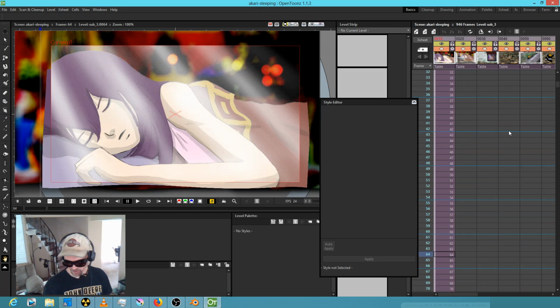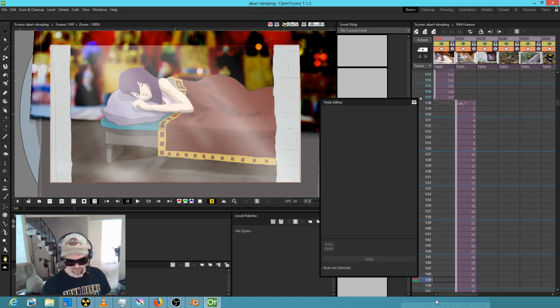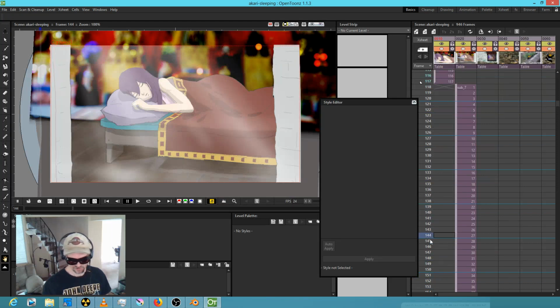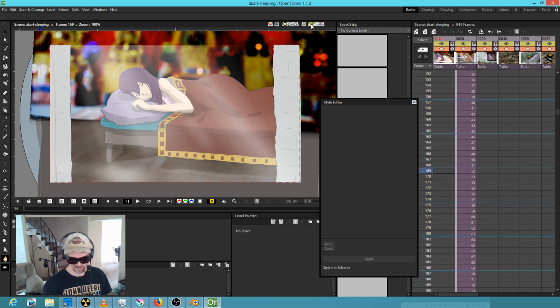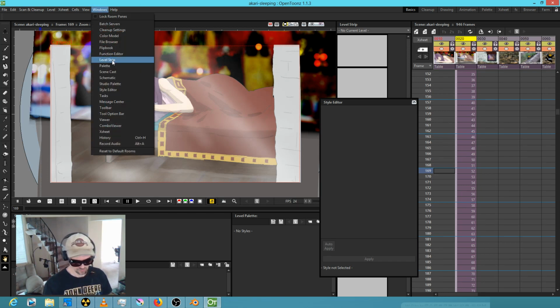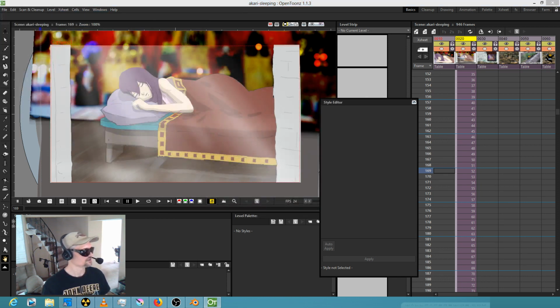Alright, so yeah, it's looping on the first shot. So I'm going to just scan through here. Goes to the wide shot. Now in the final version of this, we actually reverse these two shots. And by the way, just so you know, this is not really what it looks like, because we do have the schematic view, which I will open right now. And I'm actually going to switch it to my other screen, because I often have the schematic view open, and it doesn't really make sense to have it